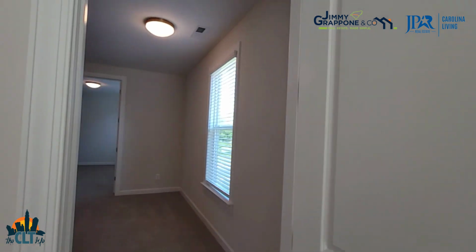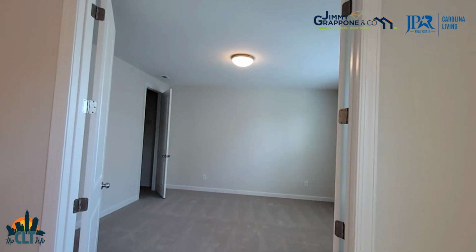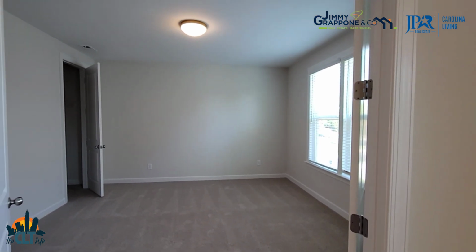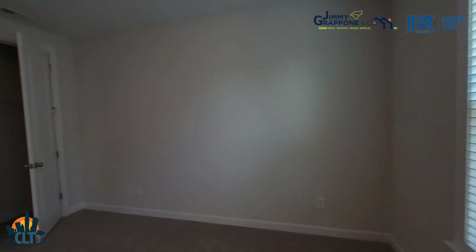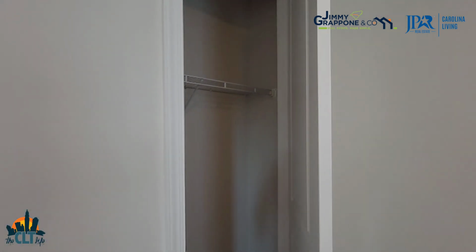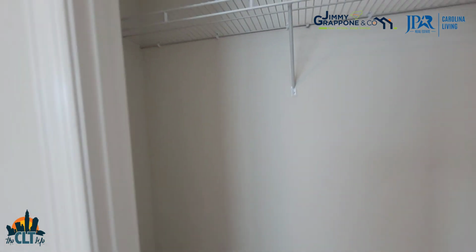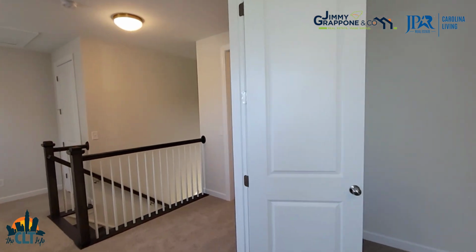Now the primary owner suite will come back out to the landing area. And directly across, we have another room, which is listed as a bedroom. Certainly has that functionality, but could also be used as a multi-purpose room. So I actually envision this as a media room or an exercise room or a playroom or second den. It has a closet in here as well. It's a shallower closet than what you'll see in the other bedrooms. But it's a great multi-purpose flex room that could be used for whatever your primary need is up here on